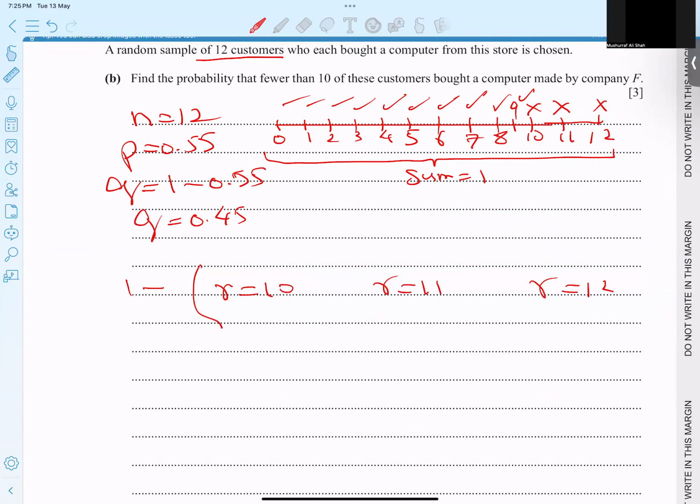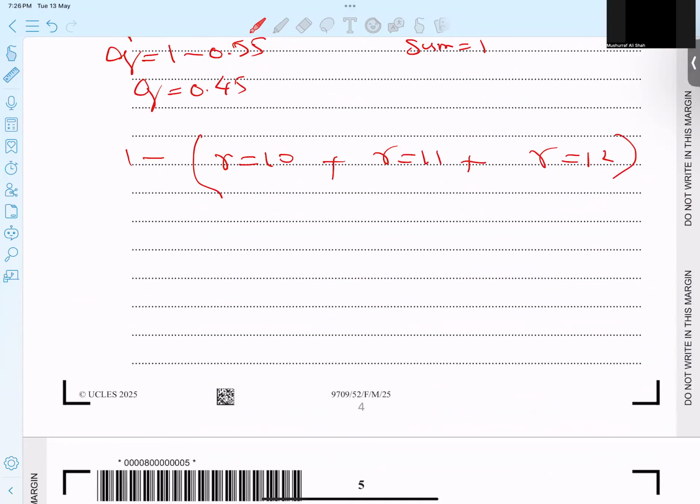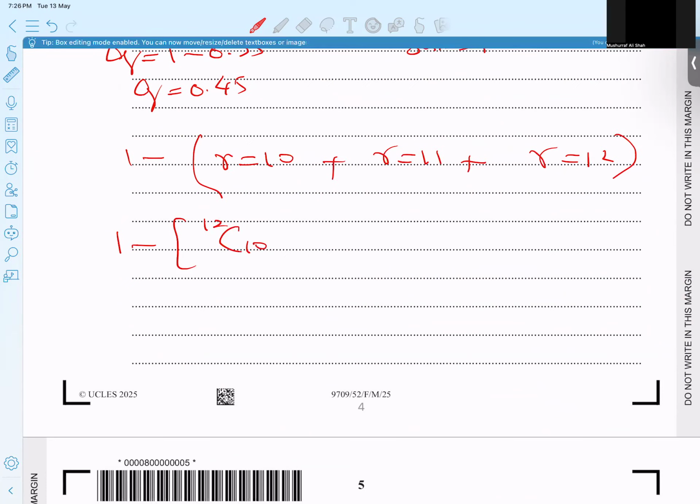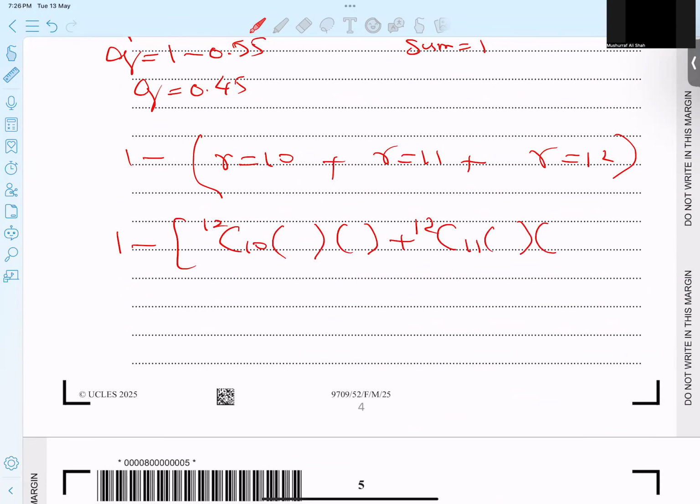I think the planning is so clear. So let's try to fulfill the planning. And now the values are very clear. 1 minus 12C10, 12C11 in brackets, and the last option is